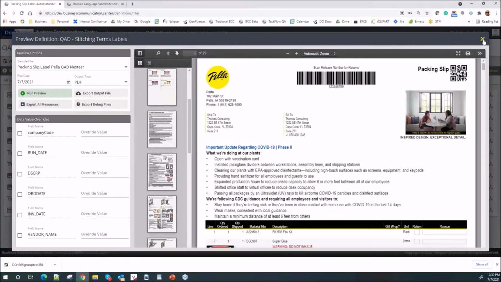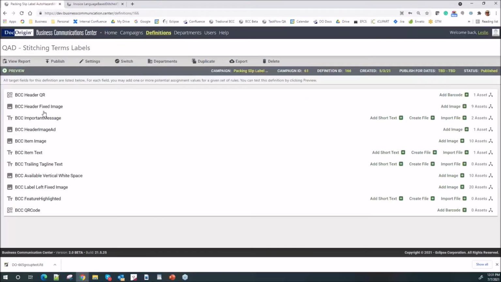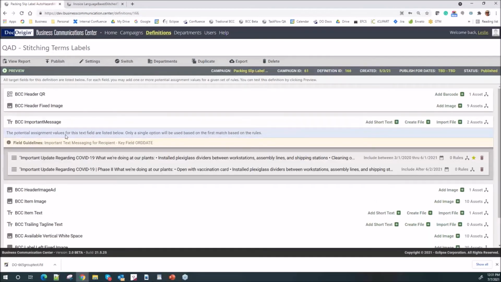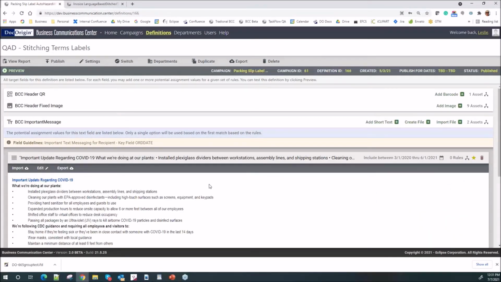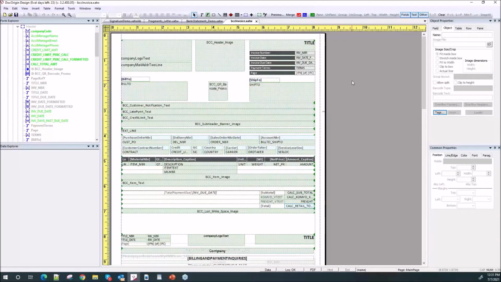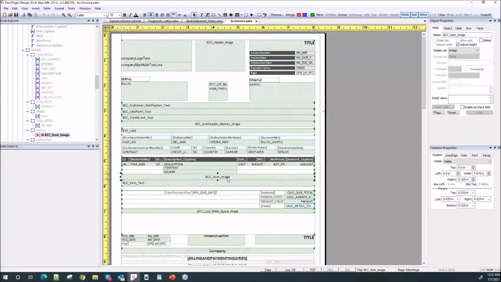That information is going to be controlled by whoever is the content owner, to change that information. So this is important messaging, for example, that they're going to control. And IT is really done with their form once they're here. They're basically just building a shell of a document that any language can be supported. If you pick up a fourth or fifth language, you just expand your language table to handle that new language. And IT never has to touch the document because it is automatically updated based on the language.